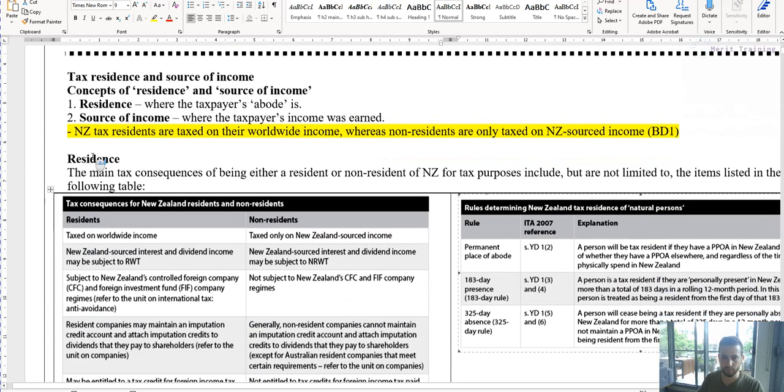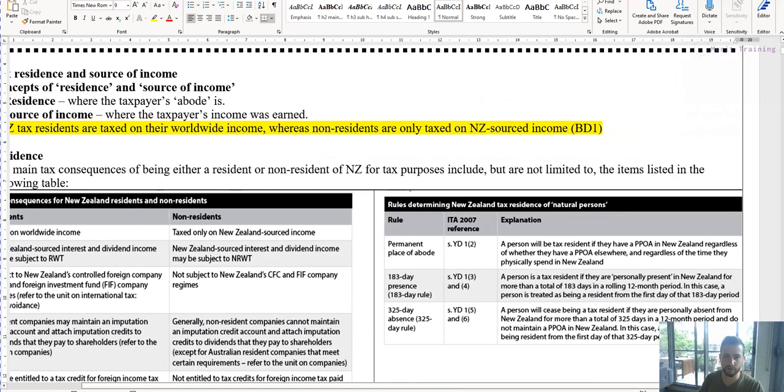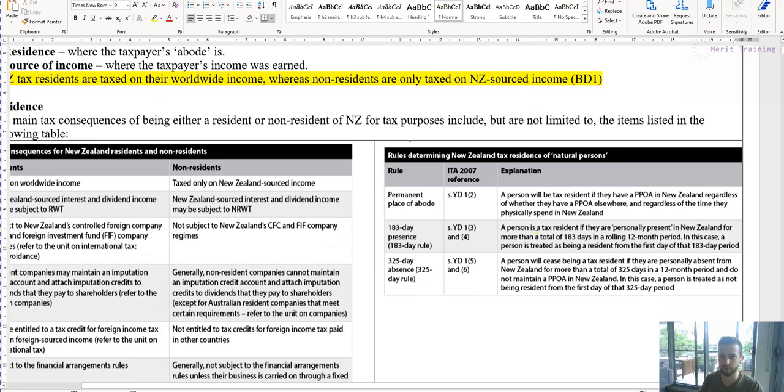So let's talk about what the general rules are to determine if you're a natural person, i.e. a resident. So in essence, it's basically where your abode is. So what is an abode? The way to think about it is, where is your house? Where do you live? But its definition is a little bit different to that, and we'll talk about that in a moment. So the three key rules for determining the tax residence of a New Zealand person